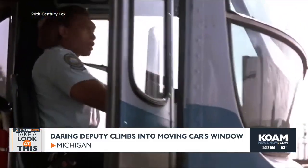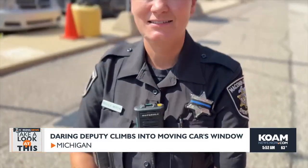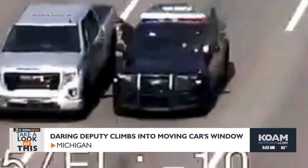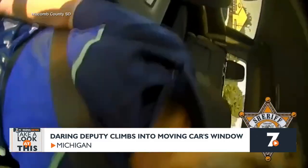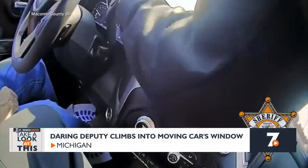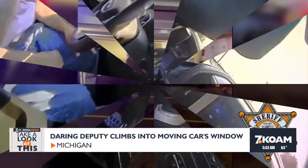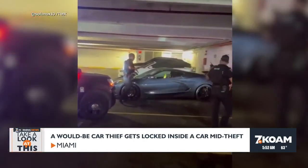And while it may not have been as speedy a scene as in, say, this scene from Speed, Myron says hair-raising heroics like these are just part of the job. These are things we're doing every day, and we're trying to come up with a fix to the problem, and that was the fix. Speaking of climbing into someone else's car, a suspected would-be car thief in Miami was found